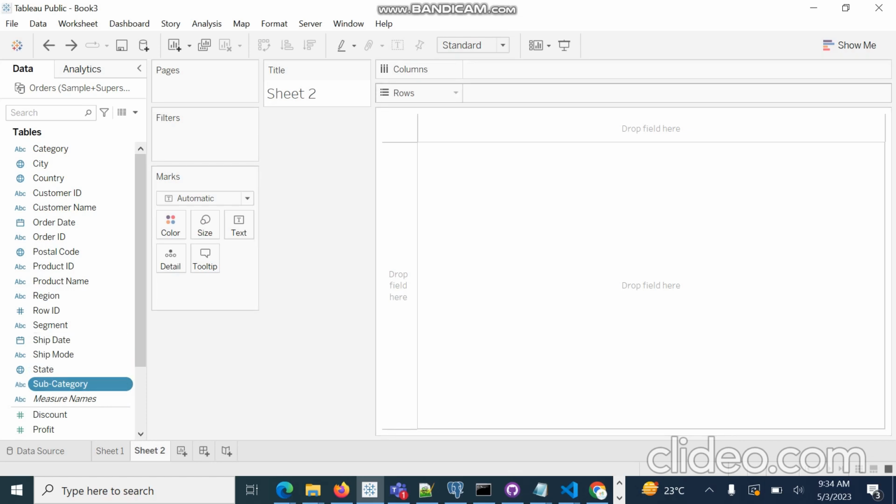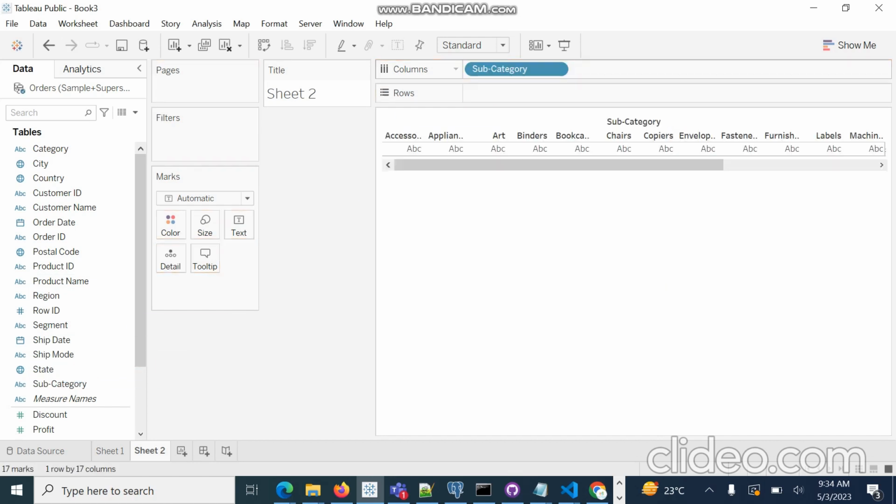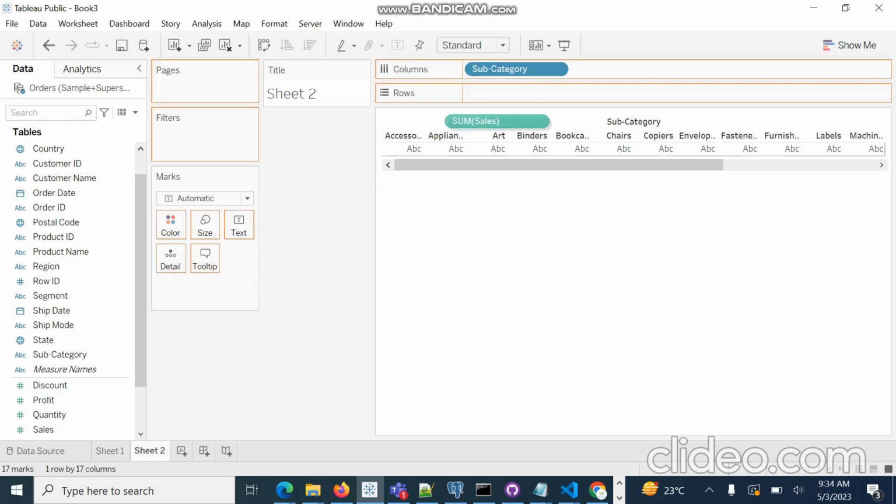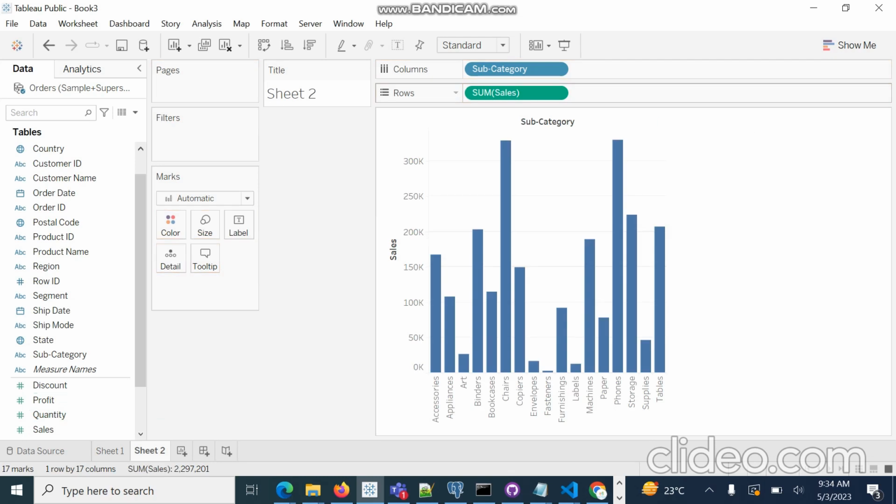Then we will see the sales in each subcategory by dragging and dropping sales to the rows. So we can see what the sales are in each subcategory.